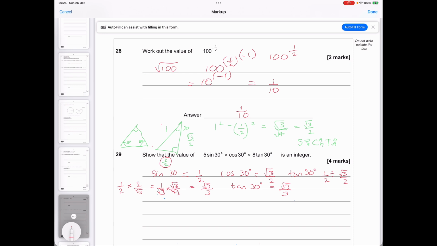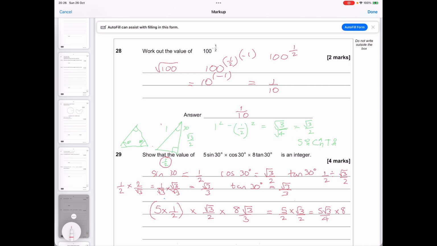Now, 5 times sine, 5 times a half, times root 3 over 2, times 8, over root 3 over 3. So I'm going to do, that's 5 over 2 times root 3 over 2, which equals 5 root 3 over 4,